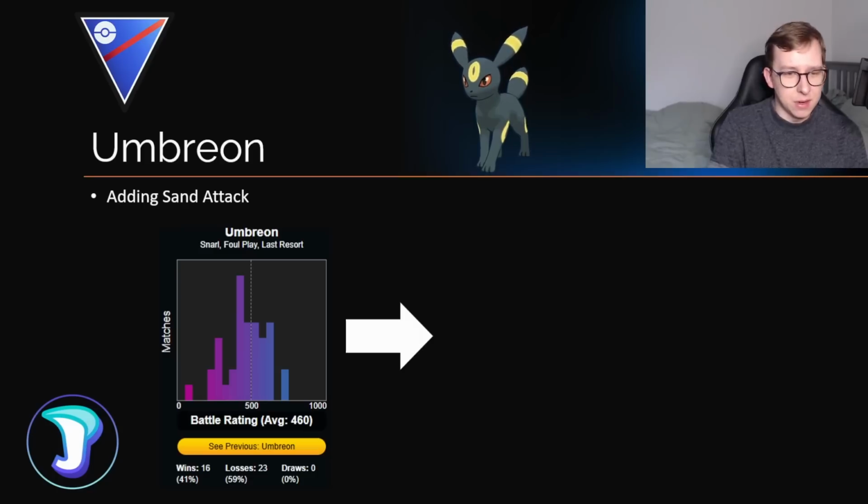I think I talked about this one like a year ago, when Sand Attack got dropped for the first time. And Umbreon with Sand Attack honestly would be one of the better Pokemon for the current meta. Currently it's kind of underwhelming, you don't really see Umbreon at all anymore nowadays. With Snarl, Foul Play, and Last Resort, it's just not really good in the current meta, but Sand Attack actually